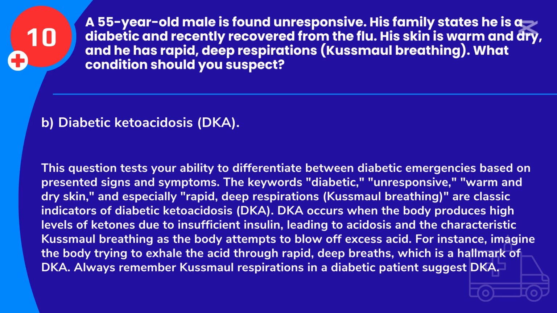Answer: B. Diabetic ketoacidosis, DKA. This question tests your ability to differentiate between diabetic emergencies based on presented signs and symptoms. The keywords diabetic, unresponsive, warm and dry skin, and especially rapid, deep respirations, Kussmaul breathing, are classic indicators of diabetic ketoacidosis, DKA. DKA occurs when the body produces high levels of ketones due to insufficient insulin, leading to acidosis and